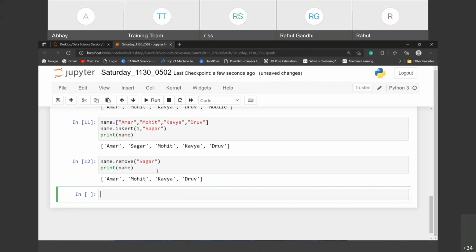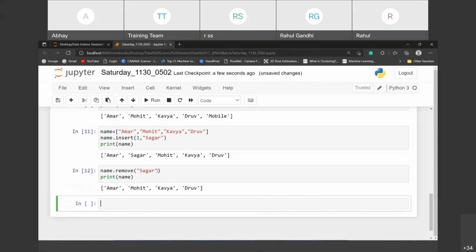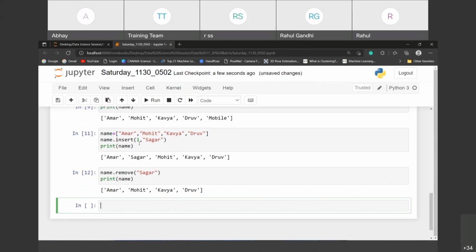So can I ask you one question? Can we pass that variable here by taking user input and passing the value we want to remove? Is it possible? Yes. Pop function, yeah, pop is also working.